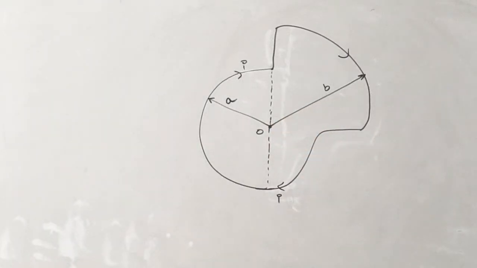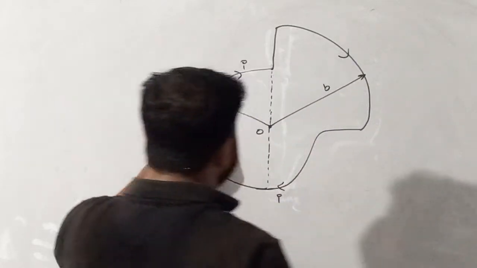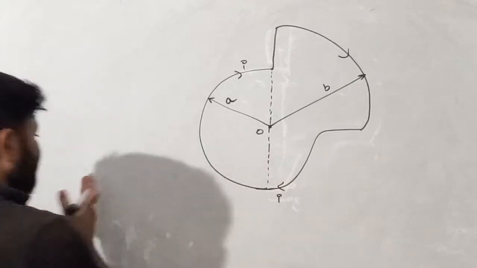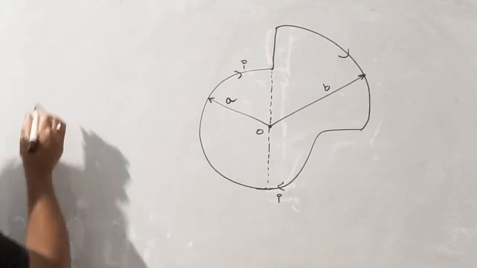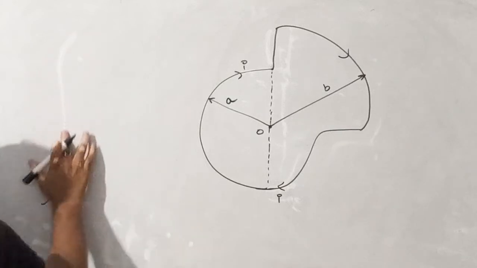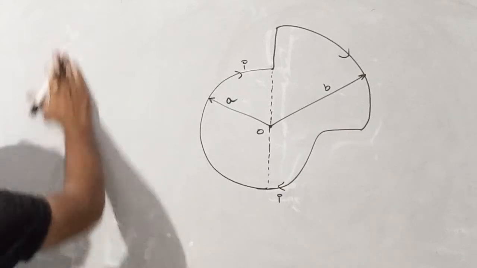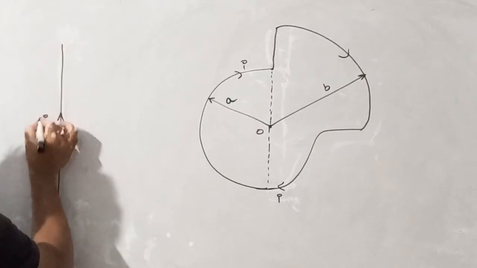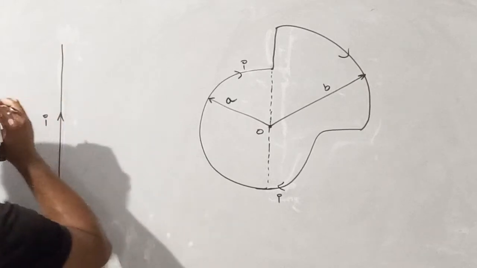Just try to think how to solve this question. Please try to understand the question. We have the following structure. We want to find magnetic field at point O due to this structure. First of all, my dear student, just try to understand one thing. Let's suppose we have a wire like this. In this wire, current I is flowing.